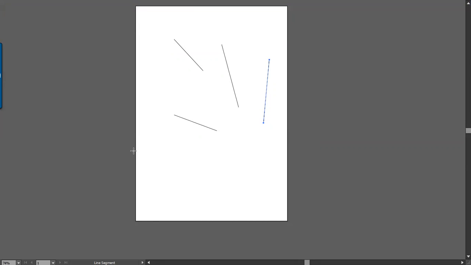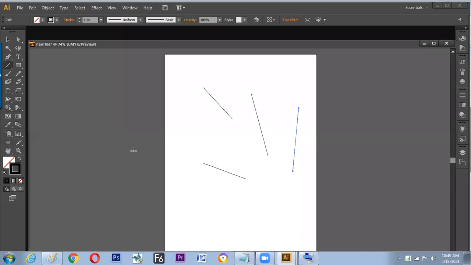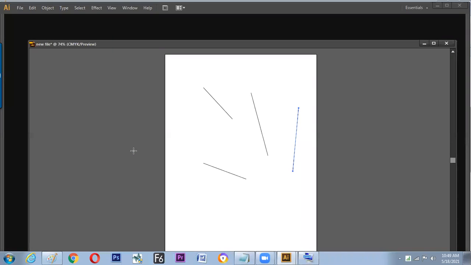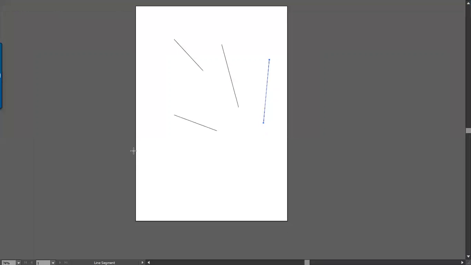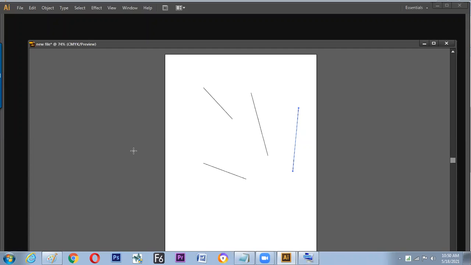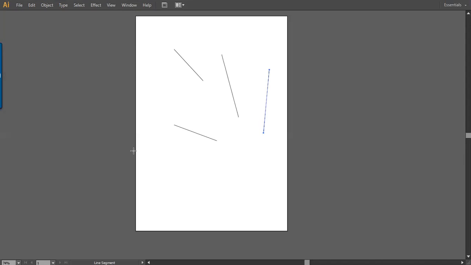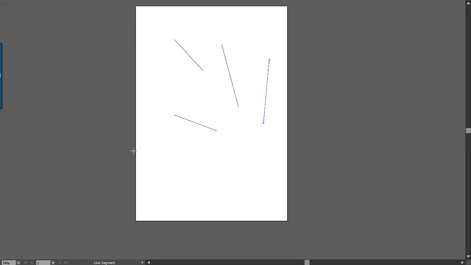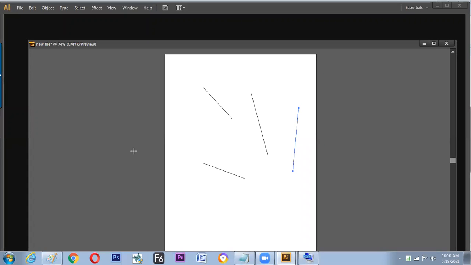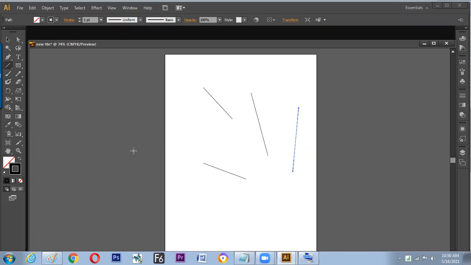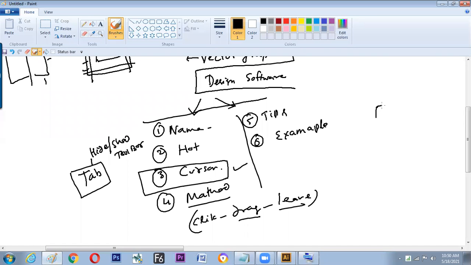Again, go back by the same tab and F button. So once again, tab, F, next F, third F. So you have seen 3 Fs are there. First F makes it full screen with menu bar. Second F makes it full screen without menu bar. Third F, back to the normal stage, and tab brings the toolbar. So hope we got to know 2 keyboard shortcuts we have come across. One is the tab button and another is F, F, F. Full screen with menu bar, full screen without menu bar, back to the normal stage.